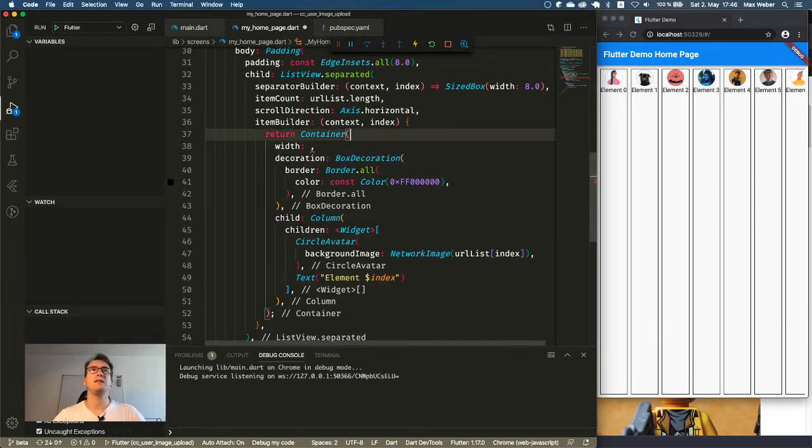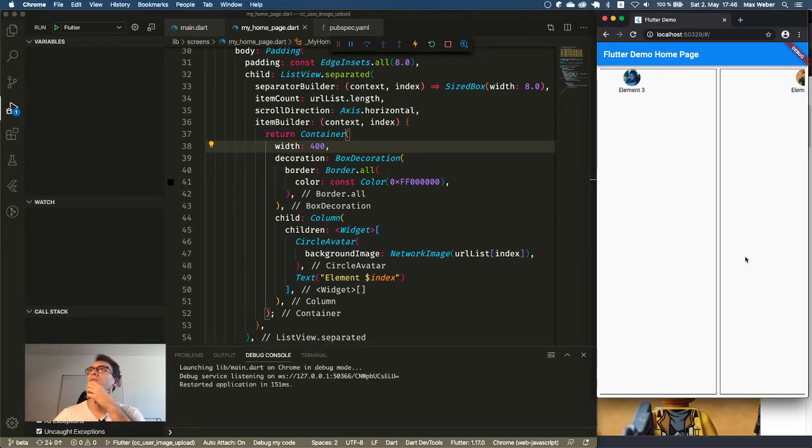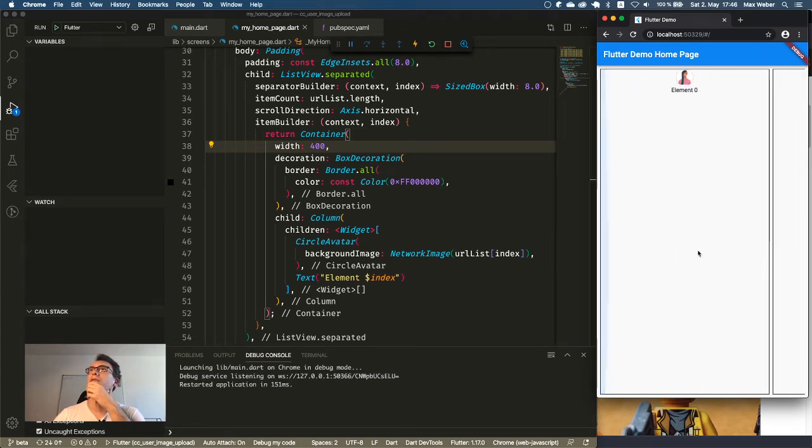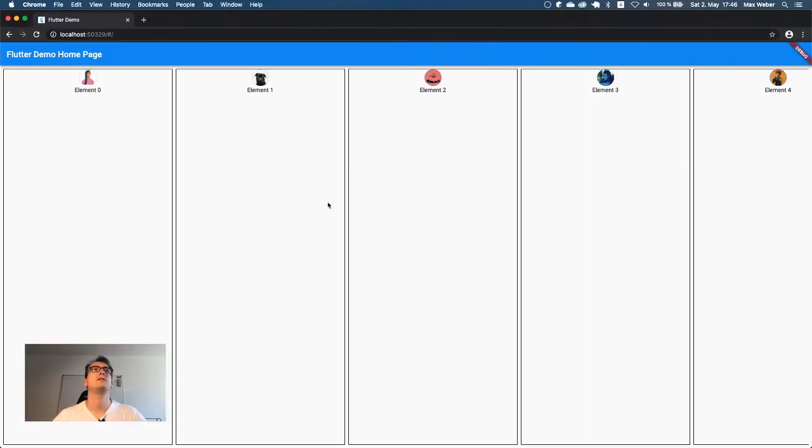Let's keep it for now with width, and we give it like 400. And now we have much more space, and it looks way better, I think. Maybe it is too big even, but on the whole screen, yeah, I think it's fine.